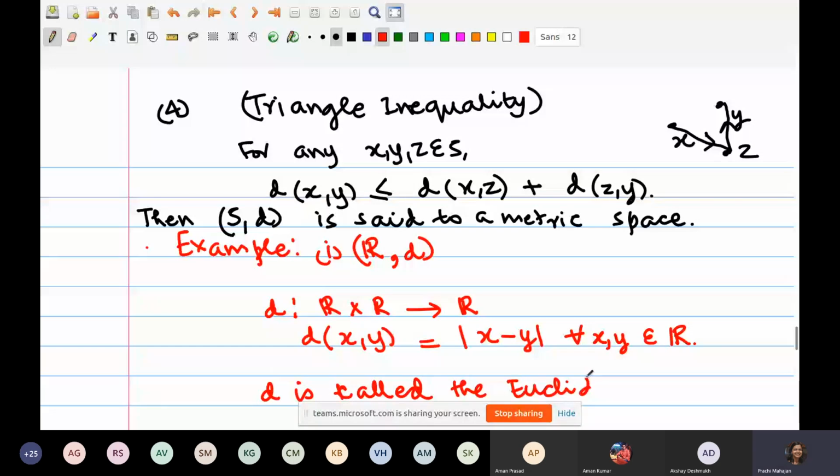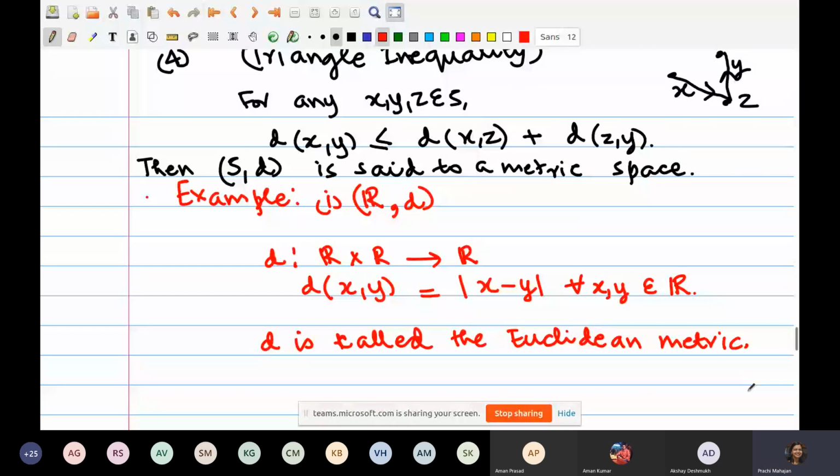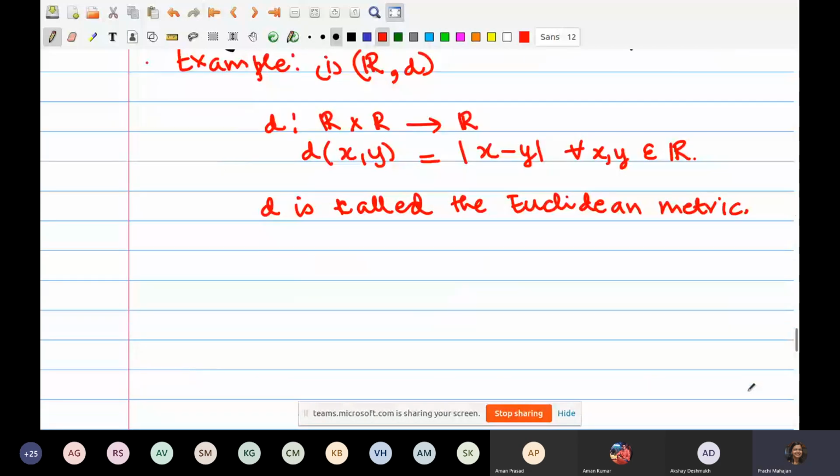This notion of measuring distances is what you have been doing all your life. I have just given you a very basic example. Any questions so far? Is this okay? See, this may look daunting at first, but it's very nice once you understand it. So let's see one more example.